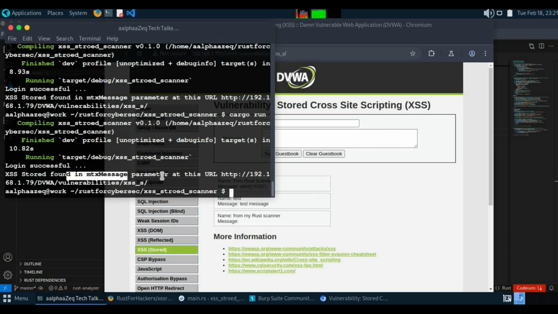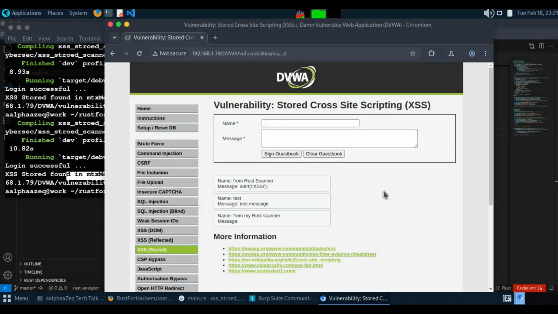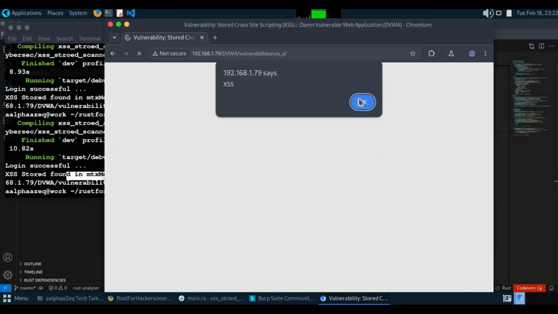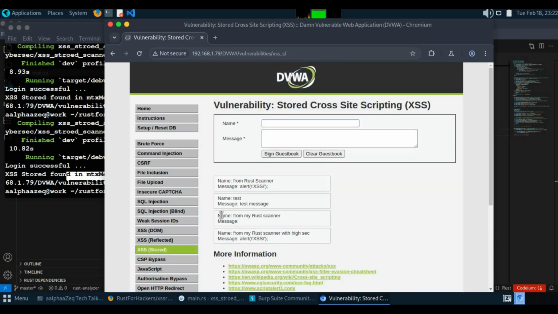It says stored found. Okay, why does it say that? Because as I explained in the beginning, this is a persistent attack. So this is already on the database, and whenever the user accesses this page, this will always have this injected payload. This is working, and our payload is the same. So unless the payload is different, whenever we check in the response, it is getting this payload every time. So the best way to check is